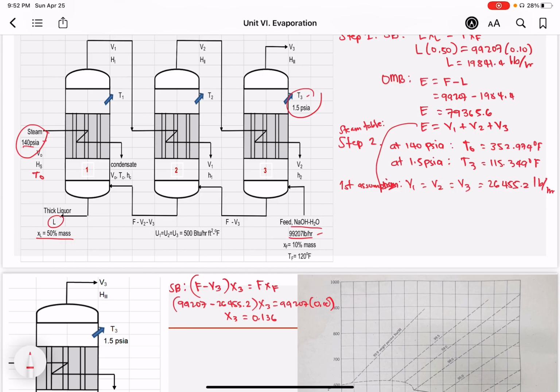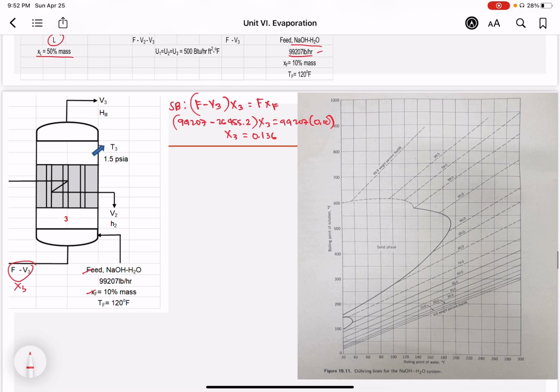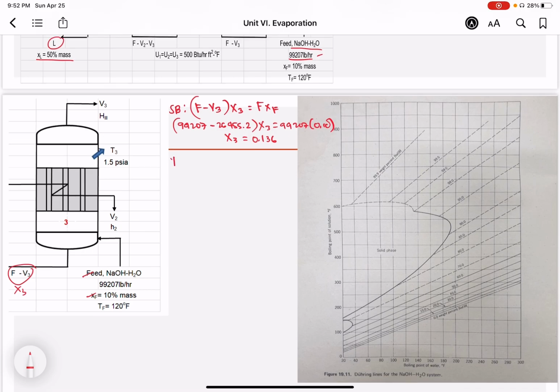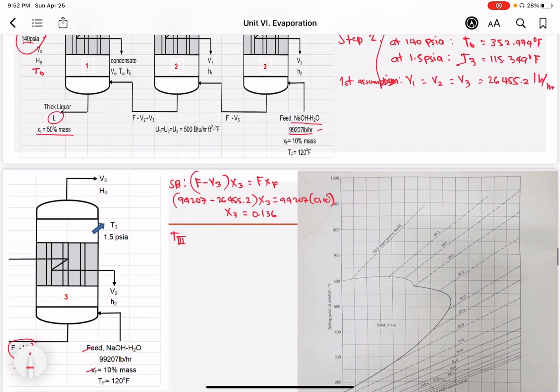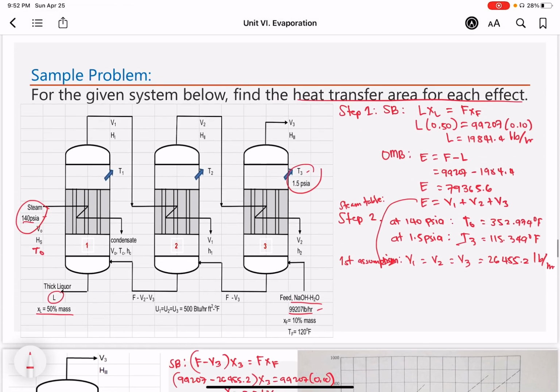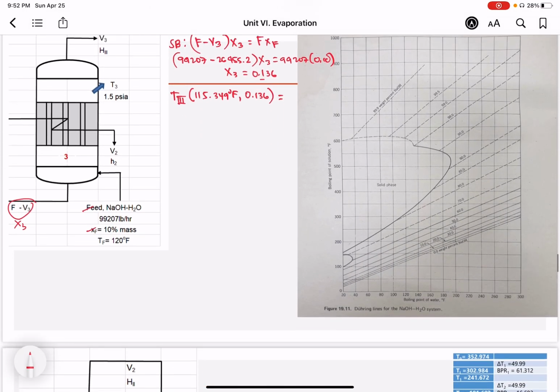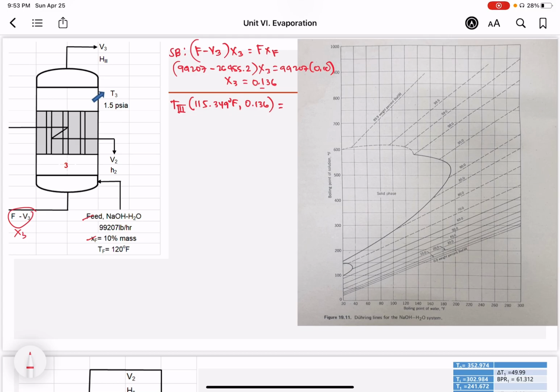Because I could use the Duhring's line to get your T3. This is at 115.349. Where was our T3 earlier? It's this one, sorry for that, it's 115.349. So at 115.349 degrees F and X3 of 0.136, you get your T3 by using the Duhring's line, because the one given is for an NaOH water solution. So we could get now the boiling point of the solution T3 by projecting